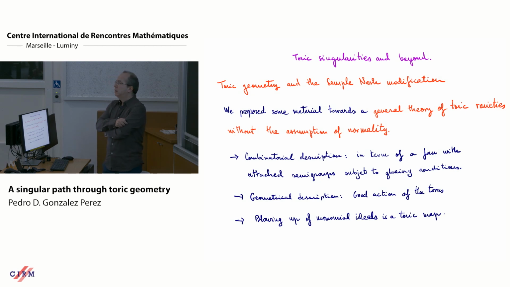And also in the projective case, if we have a finite set of integral points, Gelfand, Kapranov, and Zelevinsky have introduced a notion of projective toric variety from the set of integral points. And in our paper, what we did is we generalized these two aspects by giving a combinatorial